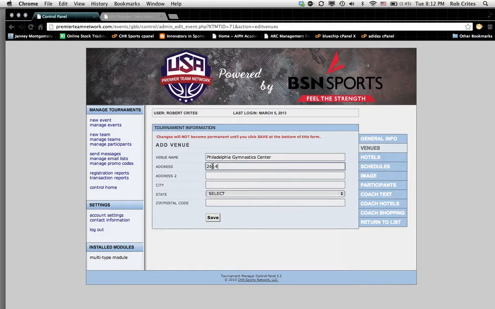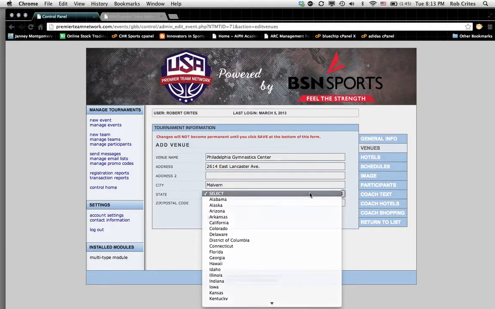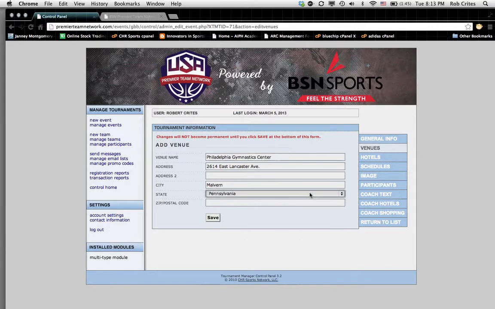2614 East Lancaster Avenue. That's in Malvern, Pennsylvania. And then the zip code is